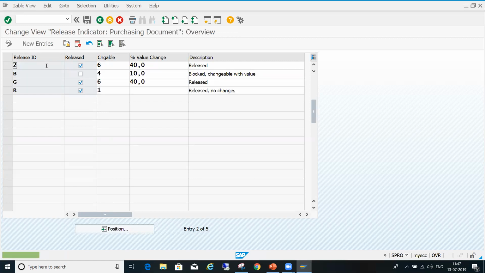We can configure this one, or we may not configure this one, it does not matter. I want to show something, that's why I am configuring.